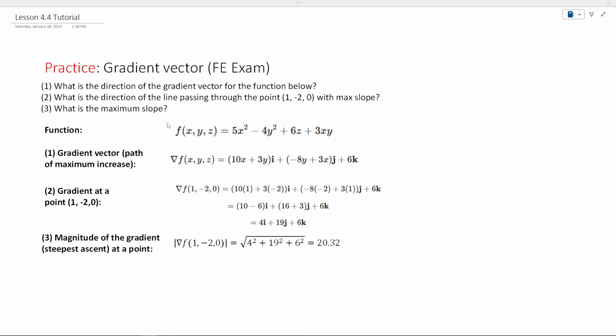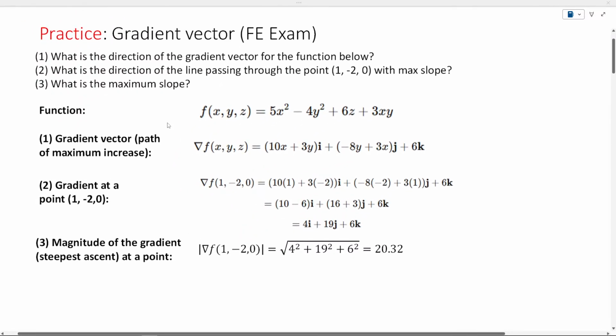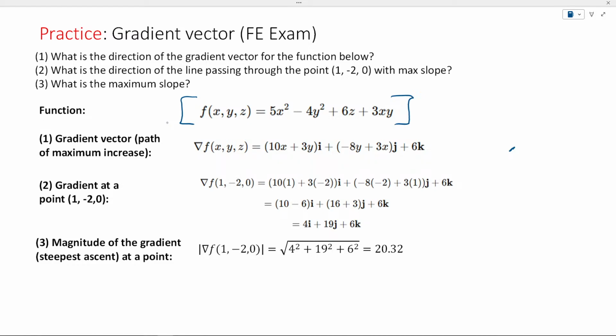Let's just read it carefully. What is the direction of the gradient vector of this function below? I'm asking you what is the direction of the gradient vector, and then what is the direction of the line passing through this with the maximum slope? Basically, you have this gradient, that's the path of the maximum slope, but here I'm